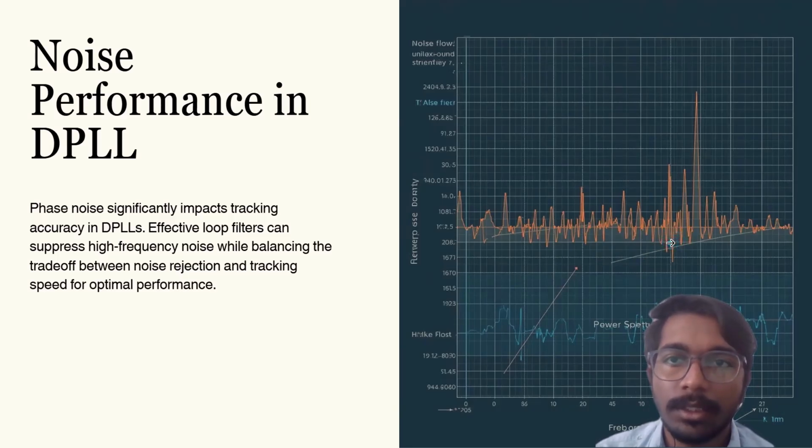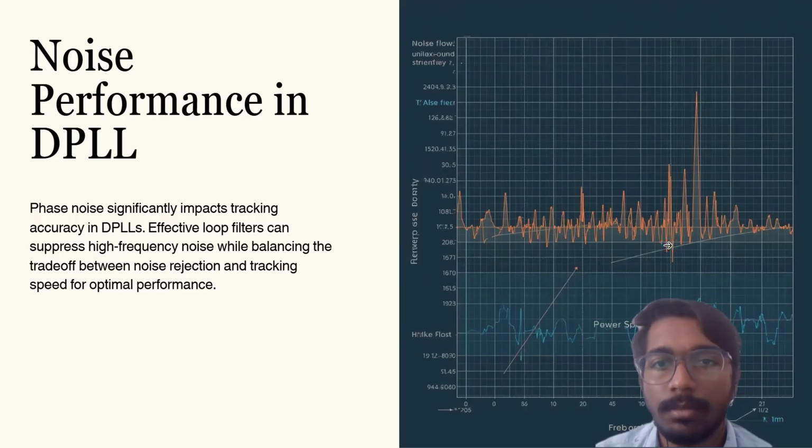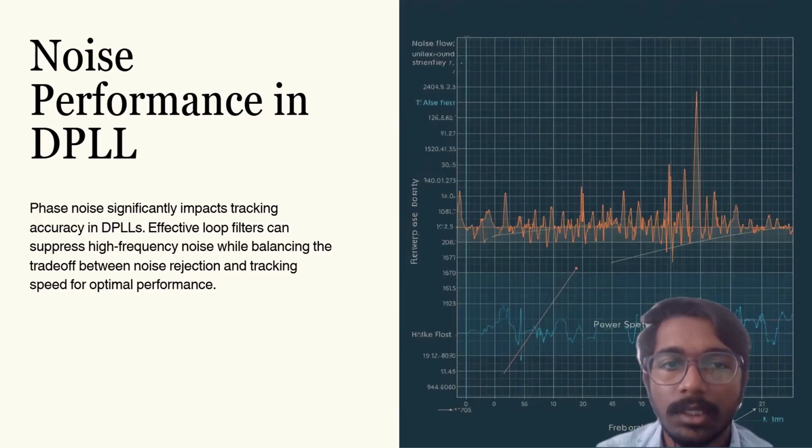The filter suppresses high frequency noise components in the error signal. However, there is a trade-off. If the bandwidth is wide, the system responds quickly to changes, but also allows more noise to pass through. If the bandwidth is narrow,